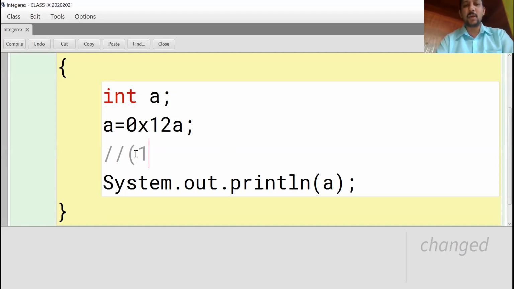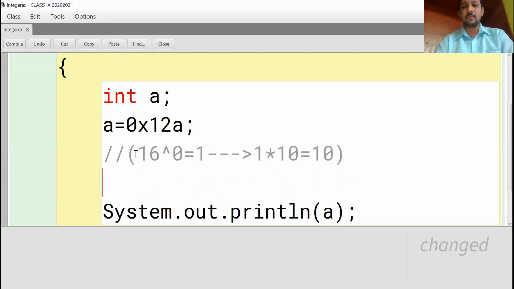So 16 power 0 is equal to 1. 16 power 0, 1. So 1 into small a value 10, that is equal to 10. This is the first step.